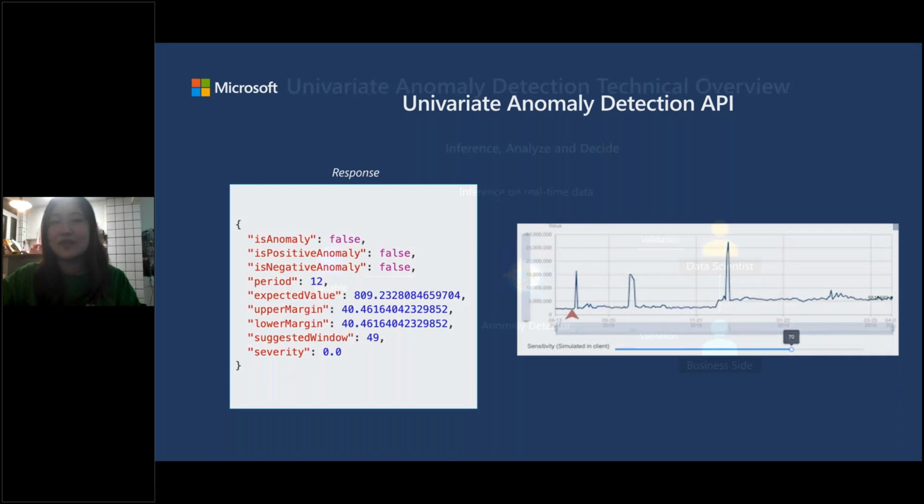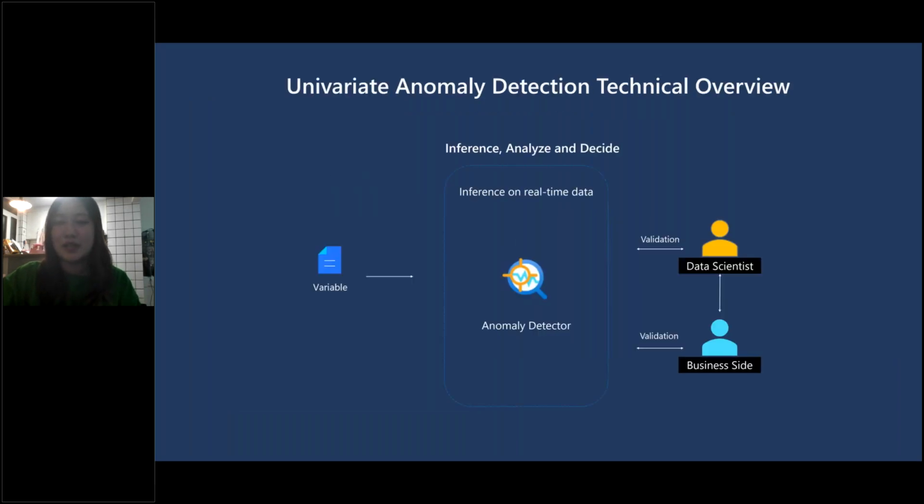And for the univariate anomaly detection, if you want to see how this is working with a business or data scientist team, it's pretty simple here. You just use the variables or the metrics to detect anomalies and get the results. For the detection part, we don't use your data for training. We just use your data to do inference directly, and the inference results will need to be validated by